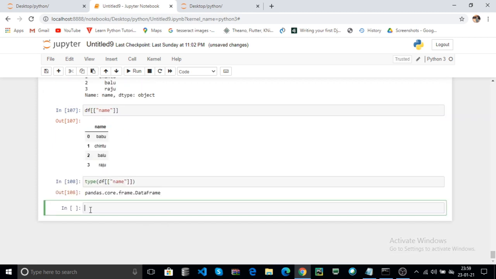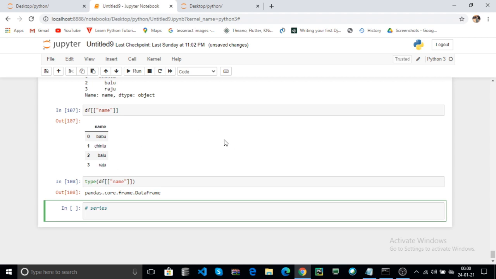Now how to create a series? For example, pd.Series. Here I pass directly, for example, I pass the names like Balu is the first, Babu is the second, and Raja and Chintu.